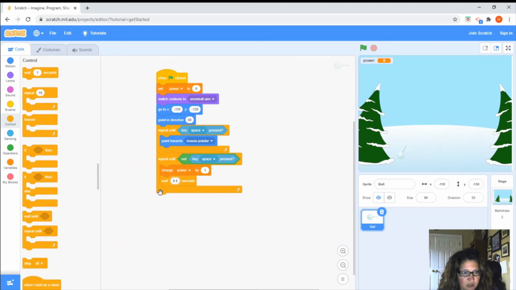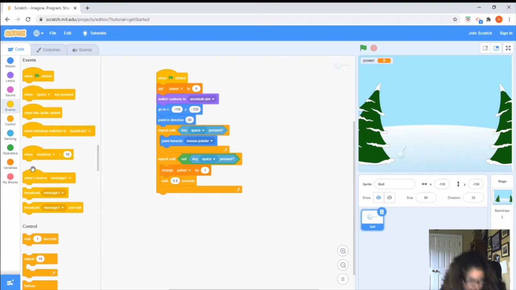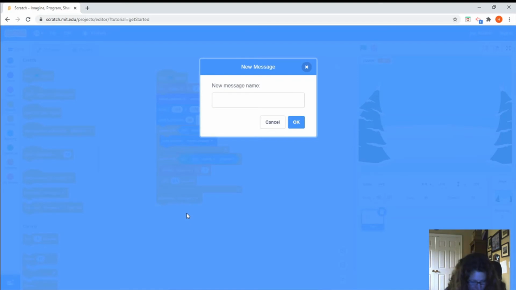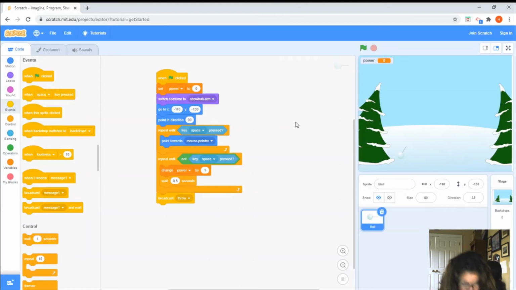Now all I have to do is throw it. So what I'm going to do is create an event, broadcast an event, call it throw. All right, so there's an event called throw. And what that means is that as soon as, actually I'm going to broadcast throw and wait. That's a little bit better, just to slow things down a bit. All right, so when I receive the throw command and I start this event,